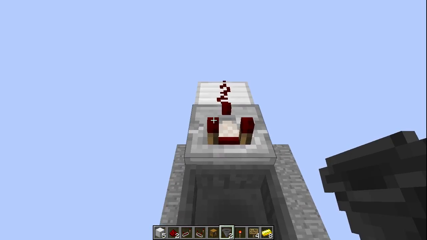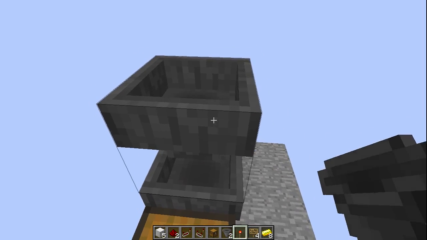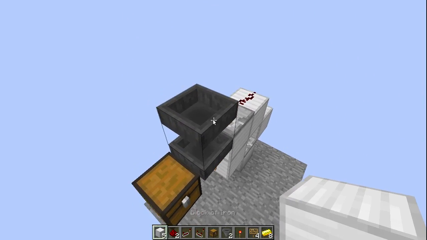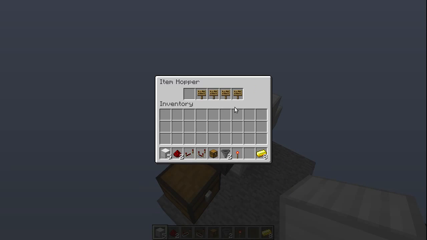Once you come up to the top here, place a hopper inputting into this redstone comparator, place a redstone torch underneath, and then what you want to do is come back up to the top of this hopper, place 4 signs in slots 2, 3, 4 and 5, and place 8 of the resource you want your friends to donate